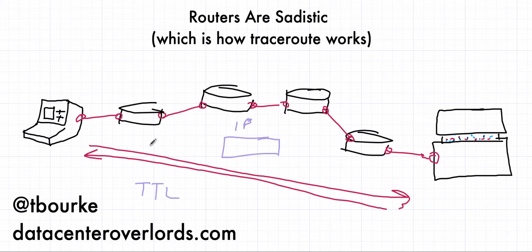So when you generate an IP packet, it's set with a TTL, say 64. Every time you hit a router, the router decrements that by 1. 63, hit another router, then it's 62, hit another router, and it's 61. By the time you get to your destination, maybe you're at 48, and that's okay. 48 means you get to live. You get to live all the way to your destination.